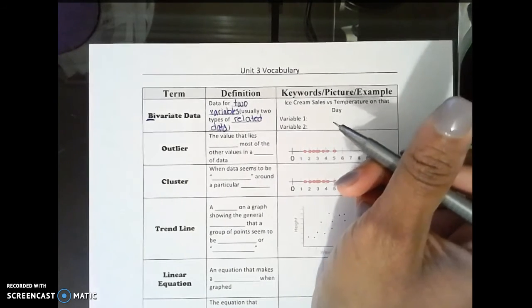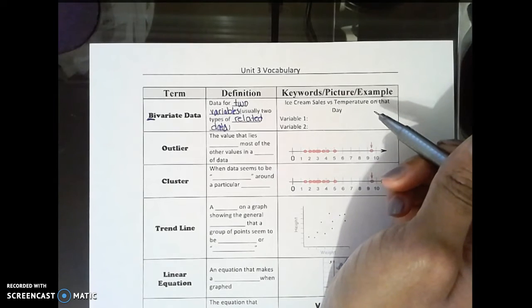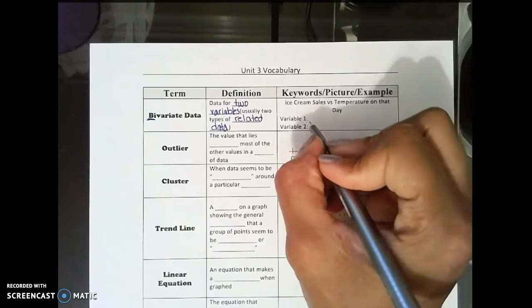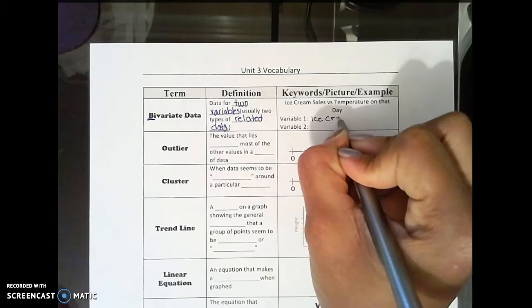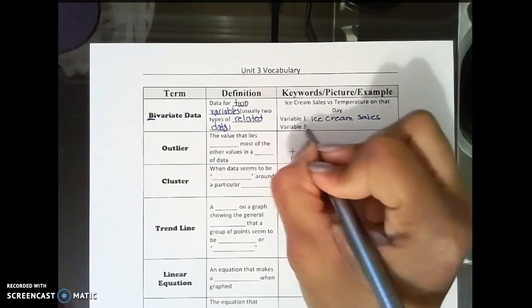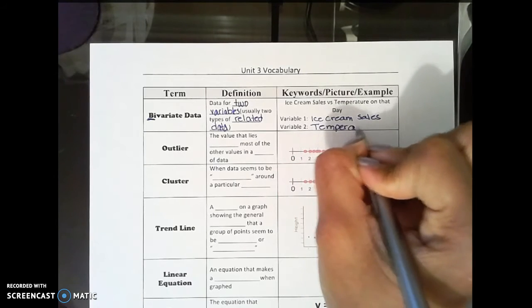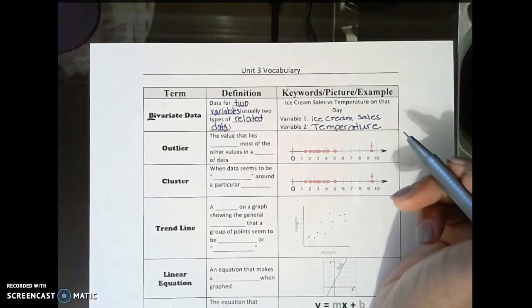data. Okay, so for the example, I have ice cream sales versus temperature on that day. If you would imagine, as the temperature gets hotter, the ice cream sales goes up. So that's bivariate data. So variable 1 would be your ice cream sales. And variable 2 is your temperature. Those two are related. And you can analyze that data to kind of let you know maybe when to buy